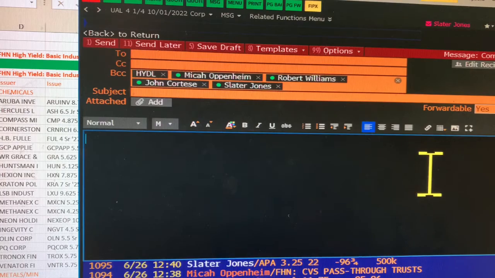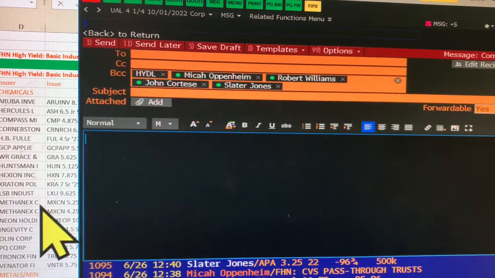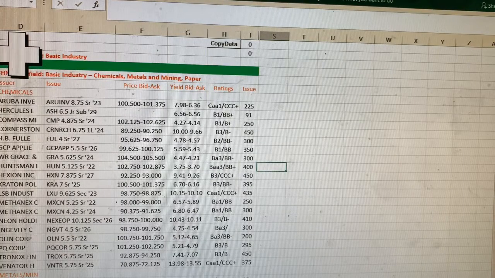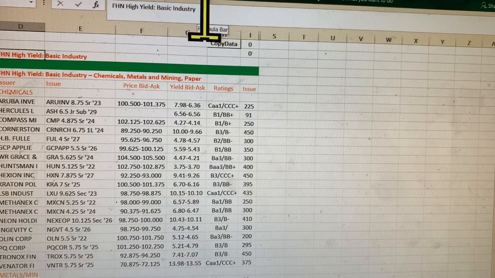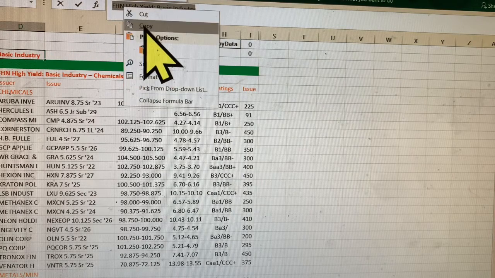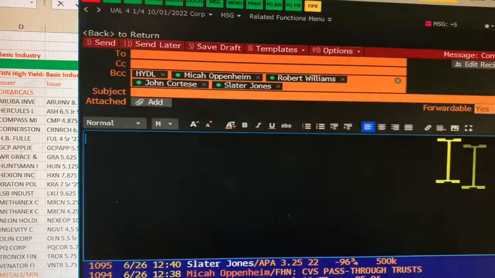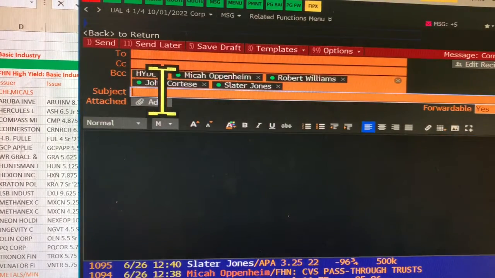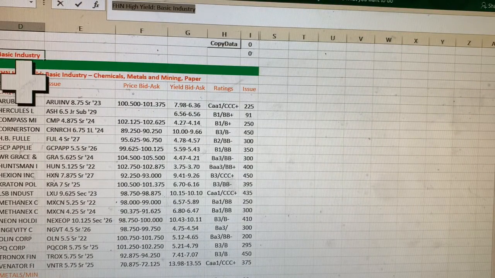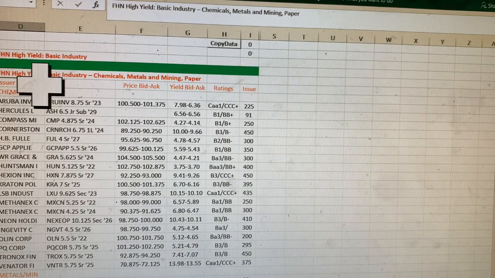Okay, so now I'm ready to copy and paste my first message. So I'm going to go back here to HY1. I'm going to do 3 copy and pastes. So first, I'm going to grab this, the subject field. Copy, back to Bloomberg, Control V. I'm going to go back here. Now I'm going to copy this data, this is the more detailed,